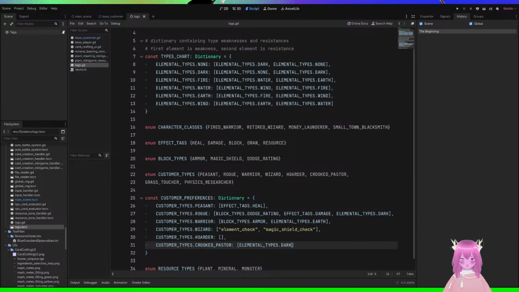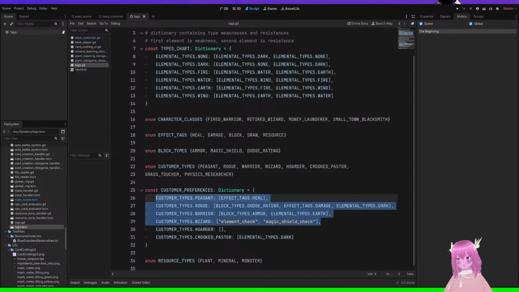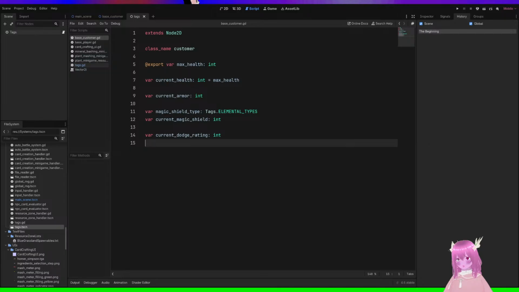I actually probably need to make a customer's dislikes, because the idea here was that for these I was thinking about what the customers would buy, but I wasn't thinking about something more important, which is what are the customers gonna do with the cards? Because we have all this stuff in, right?